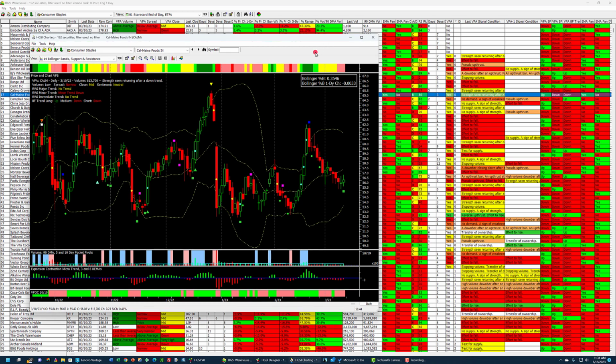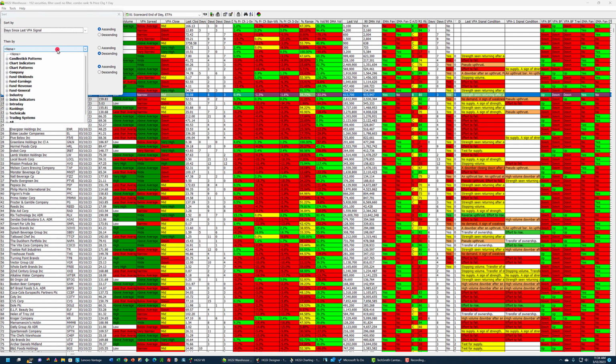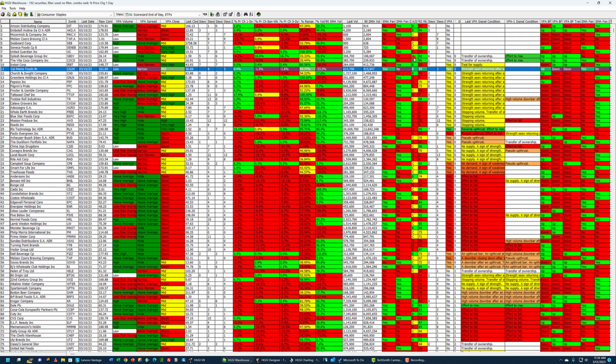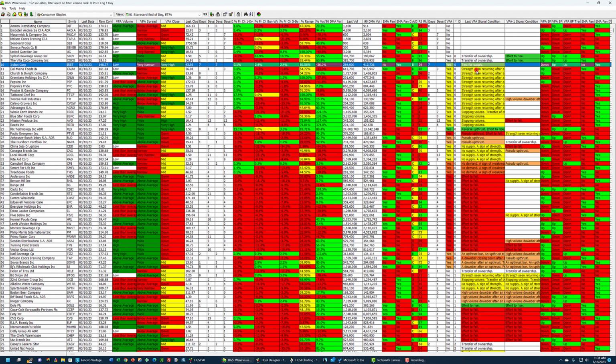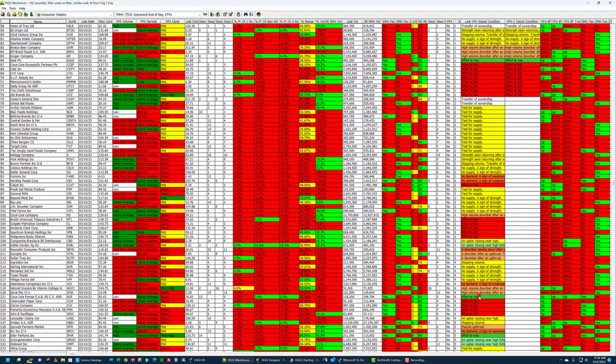Now let me show you something else here. See if I can do this. I'm going to do a multiple sort. And let's try this. VPA signal condition. And then that will group all of these together where you can see yellow and red and see if there are any green ones here.